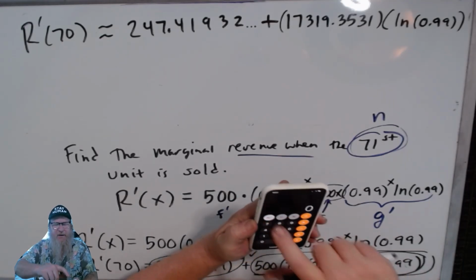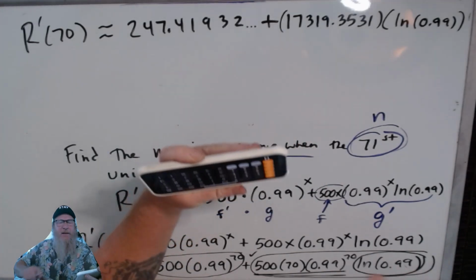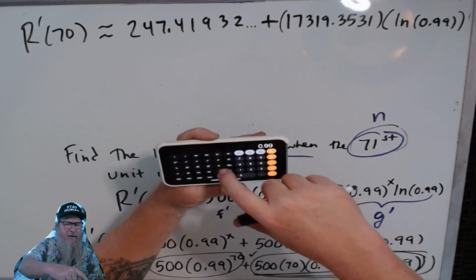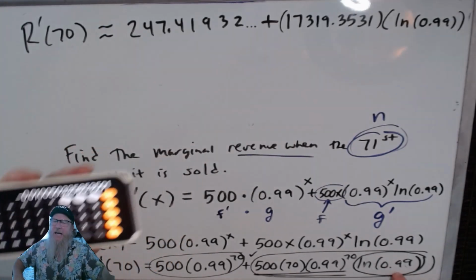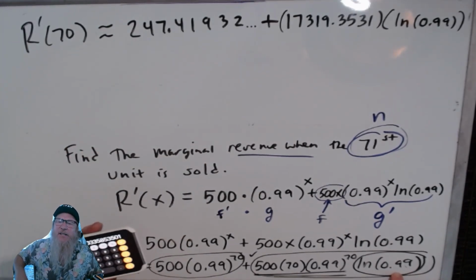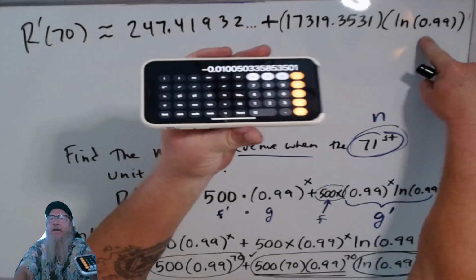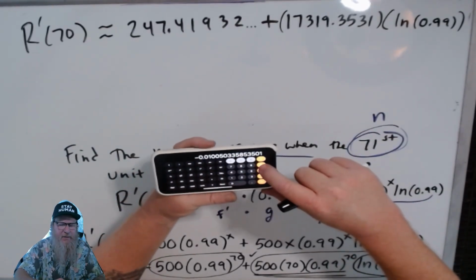So okay, let's go. I'm just going to clear it out. I'm afraid I'm going to get it wrong if I don't. And I'm going to do ln of 0.99. So on my calculator, ln of 0.99. It's a negative number, right? Whenever you take the logarithm of a number less than 1, you always get a negative, right? So that's this number here. Now I can multiply it by the number I have saved. So times